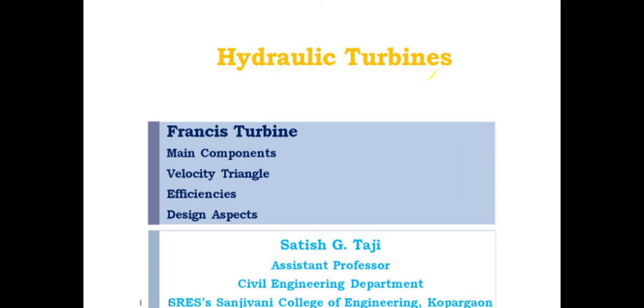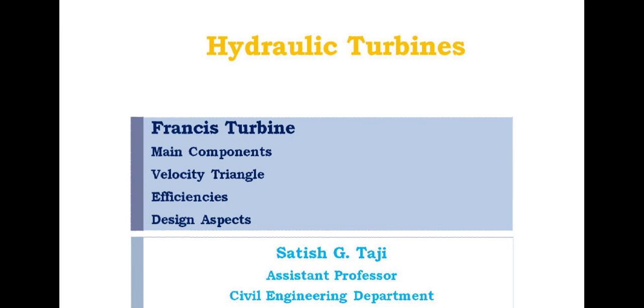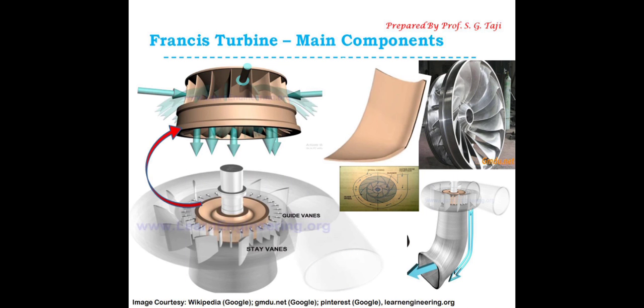Fine. We will continue with the hydraulic turbines, under which we will study the Francis turbine. In the last class, we understood the Pelton wheel turbine, its main component parts, how it works, and how work done and efficiencies of the Pelton wheel can be determined, for which the expression was also found. Today we will see the Francis turbine.